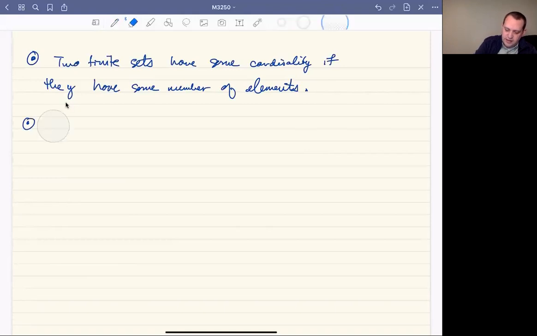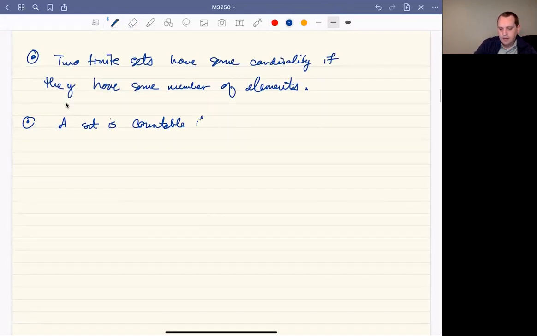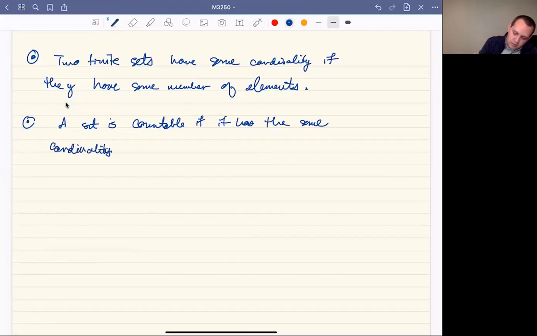We're going to say a set is countable, or countably infinite, if it has the same cardinality as the non-negative integers. You notice that I could put whatever set I want here. I could actually say that a set is countable if it has the same cardinality as